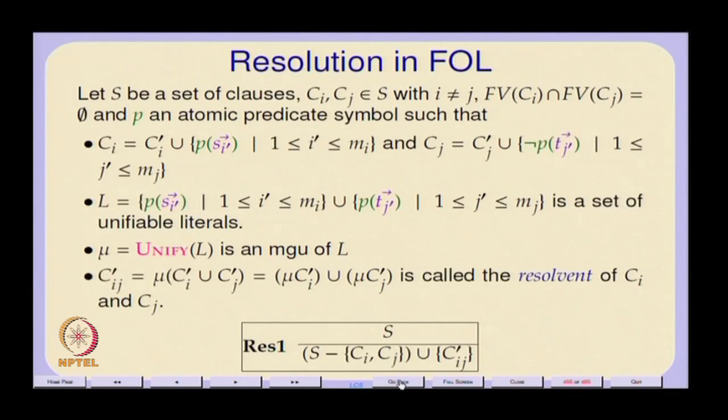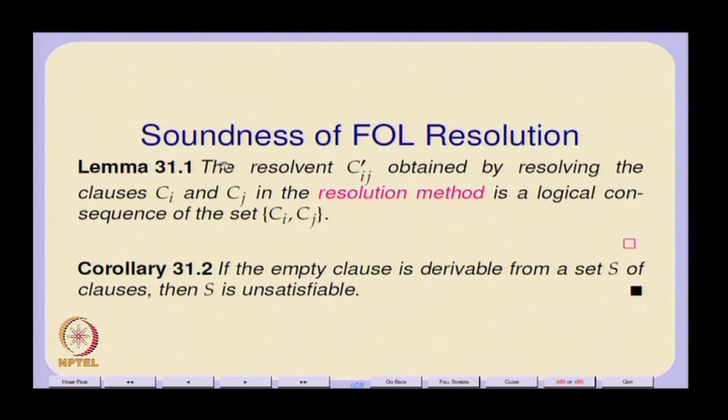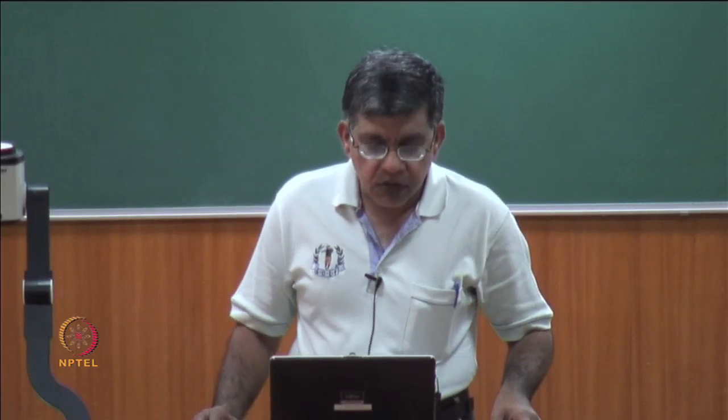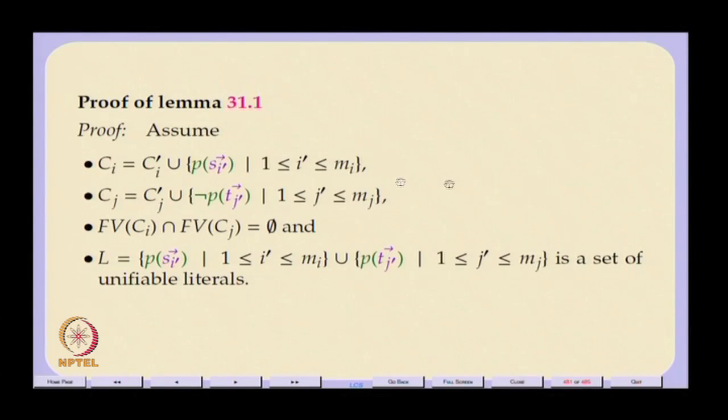So in fact it might be a good idea to treat this lemma as essentially saying that S prime is a logical consequence of S, though we will focus on only a single step of resolution, so that it's clearer. Okay, right. So we'll just assume that we have these things as given in that resolution rule. We have Ci is some Ci prime union some P of Si prime,